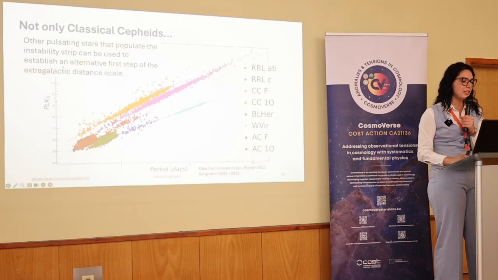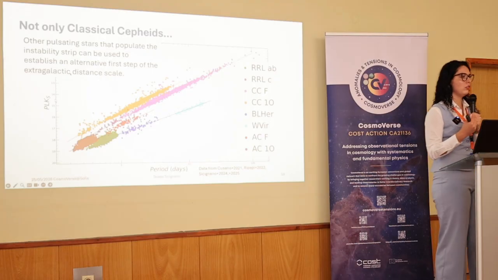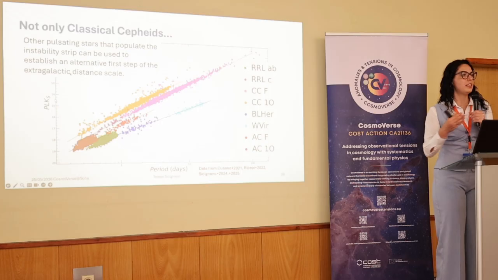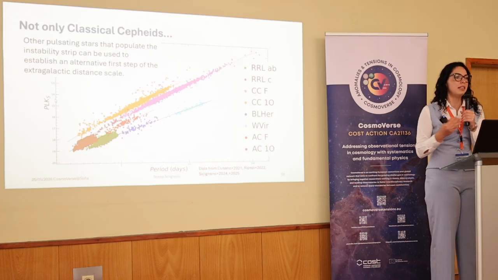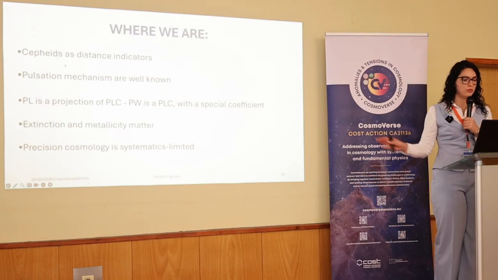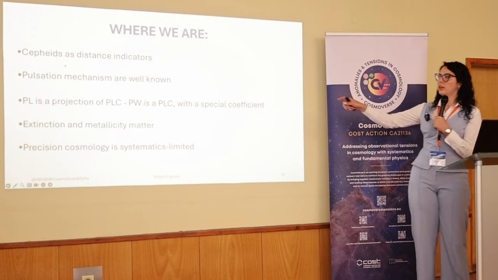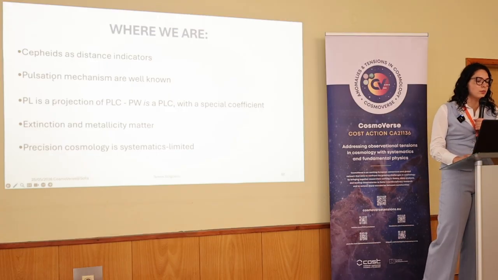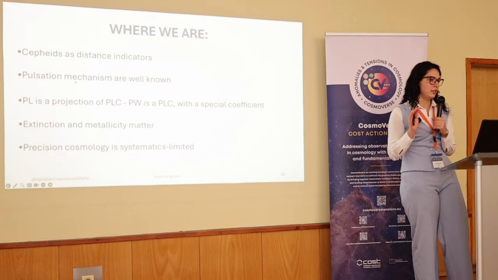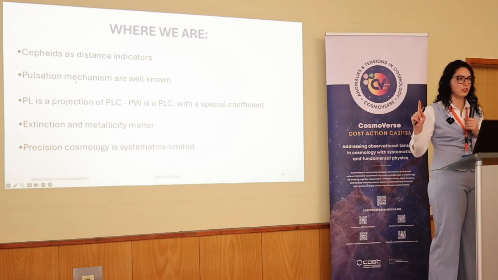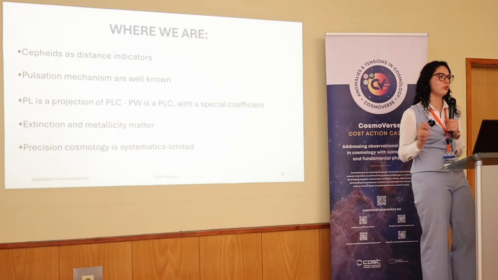Still, these can be used in the local universe to search for systematics and to understand if all the pulsating stars are tracing the same distances. Precision cosmology is systematics limited. For this reason, we want to populate the period luminosity relation as much as possible, to be sure that systematics